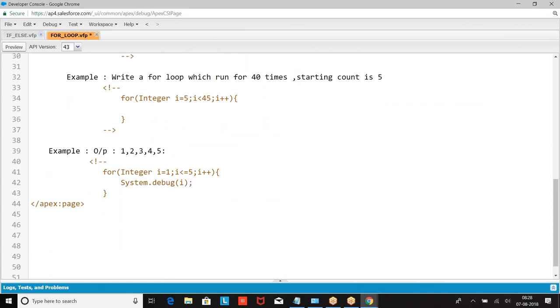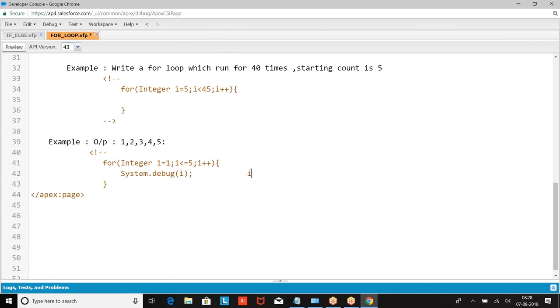First time when you are running the operation, what is the value of I? I equal to 1. Then it goes to the second, I equal to 2, I equal to 3, I equal to 4. This is how we are getting the output.